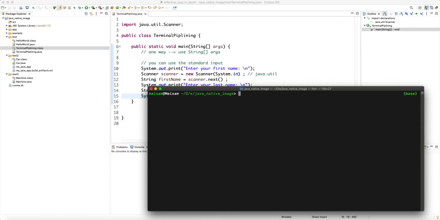Now we're running on the JVM to test our application, but I can also compile it, right? Native image, and then -cp. I'm going to feed it just the class path, right? Or maybe let's go inside